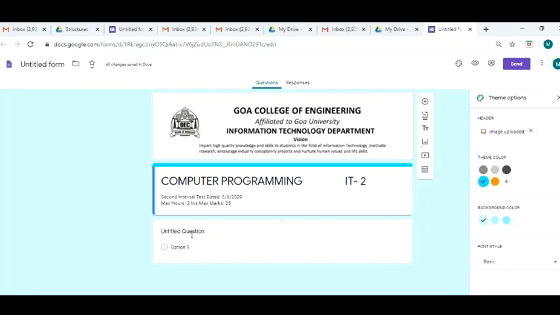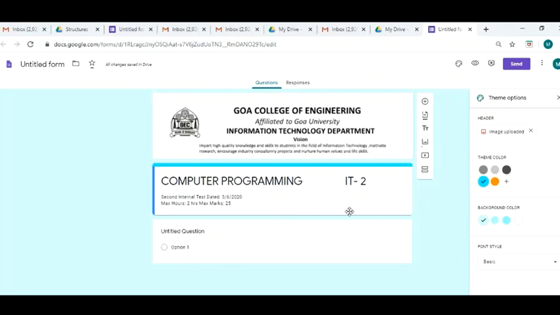However, our main focus needs to be on the content of the Google form. So I keep this as my header and I go ahead designing the content of my Google form. Now every time I send this form out to a student, I should be able to get in some details of the student. For example, his first name, his last name, and the roll number should be some parameters that I need to pull up from the student.